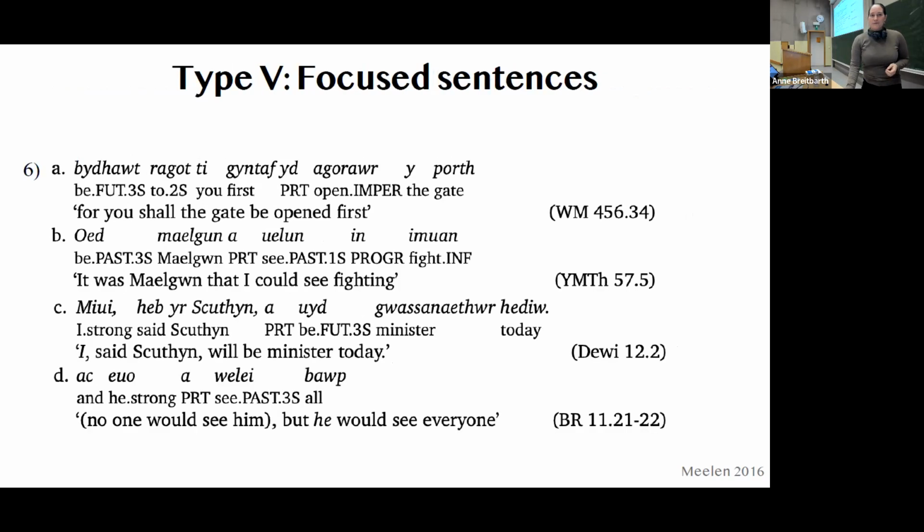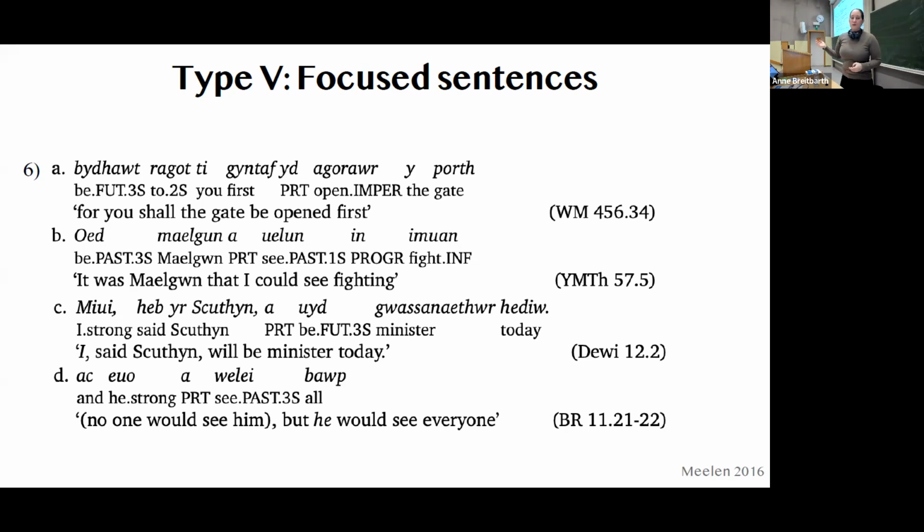Right. So finally, then, the main sentences, we have this focused sentence, and here it actually superficially looks a lot like what we had before. So let me just start actually by showing 16. So the whole will like, oh, but he would see everyone. Now I glossed that vol as he and then strong. This is a reduplicated pronoun and it's a focused pronoun. Unfortunately, we are actually able to see that in the morphology in